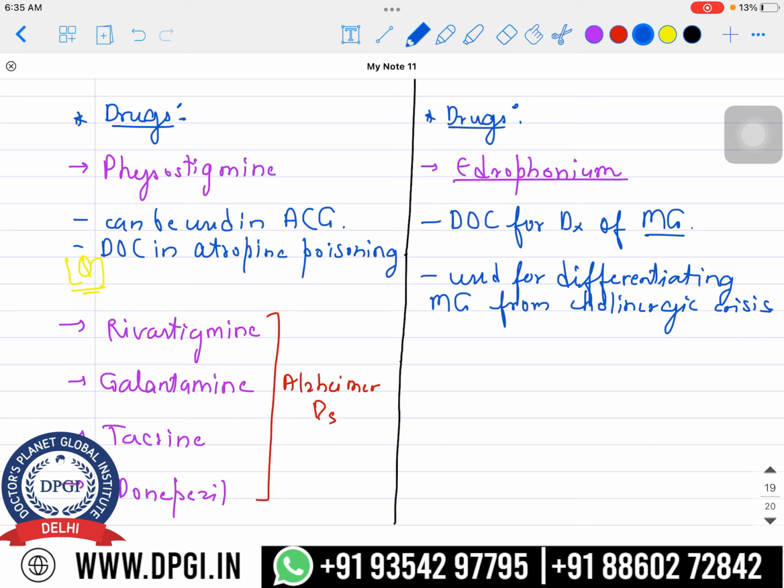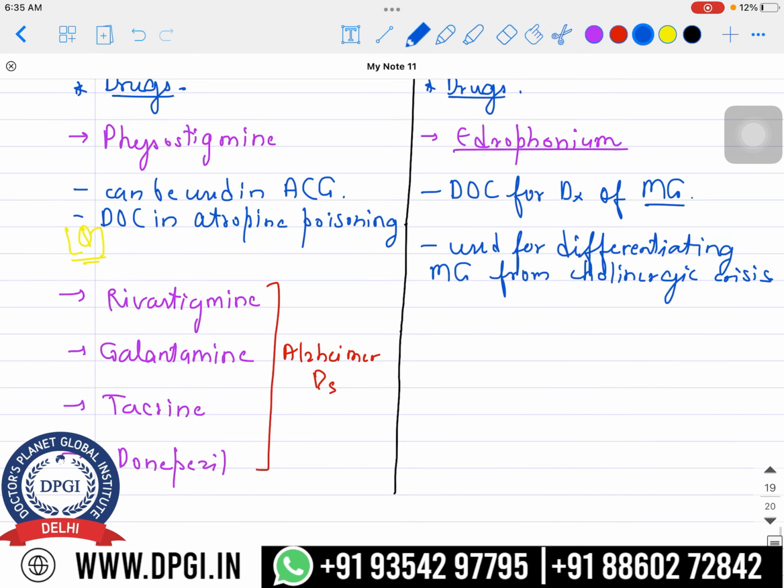If the patient has myasthenia gravis, the patient's symptoms will improve. The muscle weakness will improve, because if you give edrophonium, it increases the content of acetylcholine in the synaptic gap, and that excess acetylcholine will remove the autoantibodies from there and bind to the receptors, so that muscle contraction resumes in the patient. But if the patient has a cholinergic crisis, it will worsen the symptoms. So that's how it can be used for differentiating myasthenia gravis from the cholinergic crisis. That is about edrophonium.